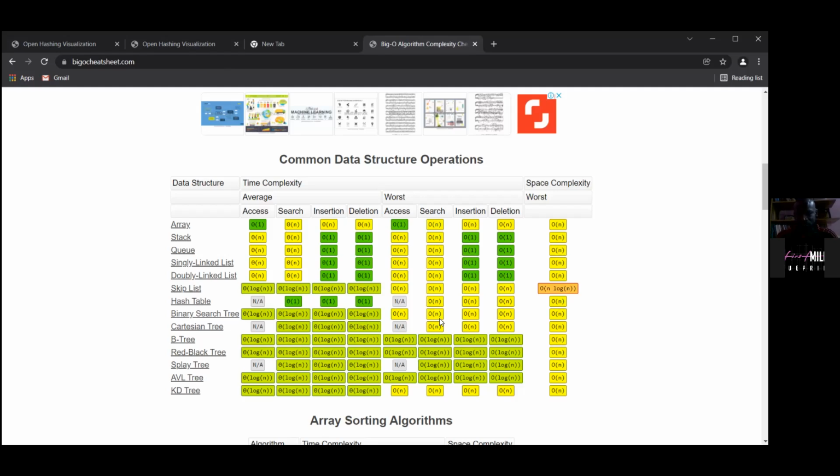That's the essence of knowing all this, knowing the data structures and their big O complexity, both the time complexity and the space complexity, so that at any given point, you can employ the efficient data structure for that particular operation.